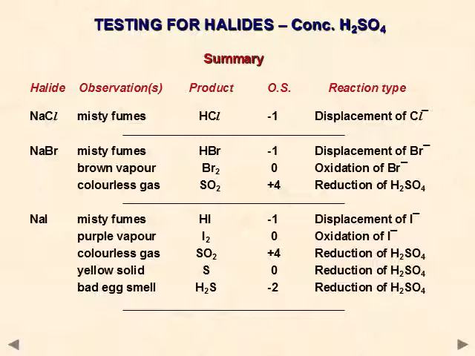And it will be further reduced from sulfur to sulfide ion as well to give us H2S, which has a bad rotten egg smell. So iodide ion is just oxidized to iodine, but iodide ion will reduce sulfur from +6 to +4, +6 to 0 oxidation state, and then +6 to -2 as well. So all these products will be formed simultaneously in the reaction flask.